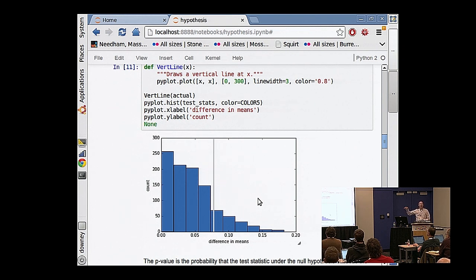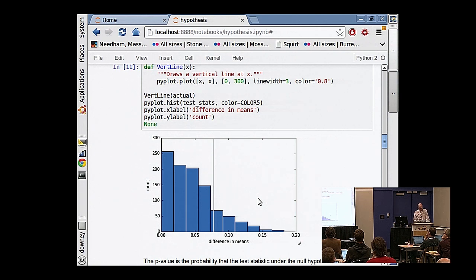So this is similar to the sampling distribution, except that this is the sampling distribution of the test statistic under the null hypothesis. Just a complicated way of saying I've simulated the experiment and these are the results I get. This vertical gray line is the actual observed effect. That's the 0.078 weeks. And what you see is that actually it is fairly often the case that purely by chance, I could get an apparent effect that's as big as the effect that I actually saw. The proportion turns out to be about 17%.